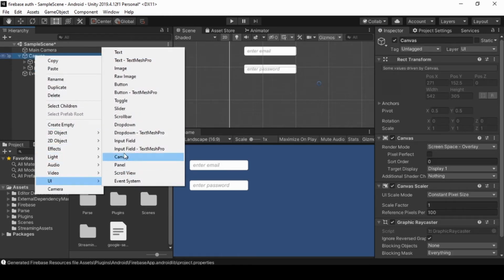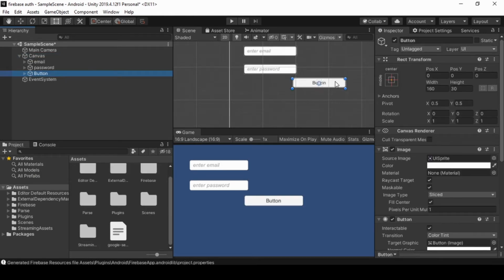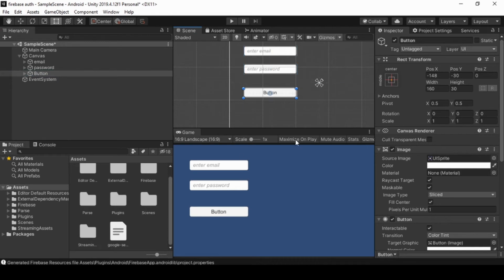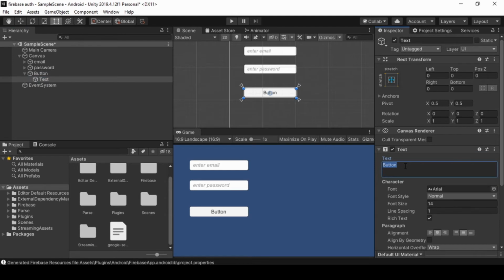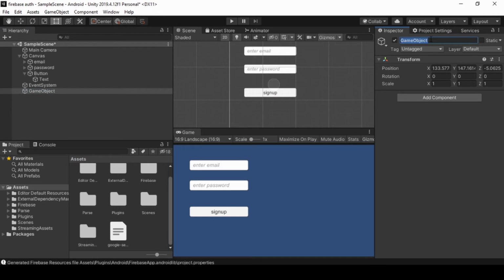Now we create a button and name it Sign Up. Now we create an empty game object and rename it Firebase Auth. Now add a script named Firebase Auth and open it in Visual Studio 2019.